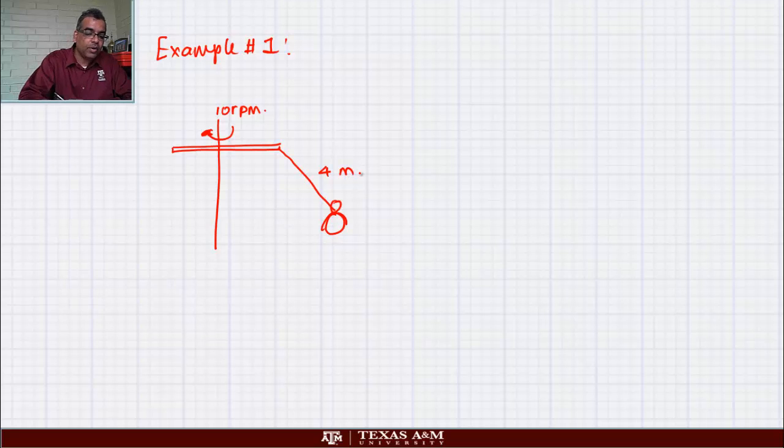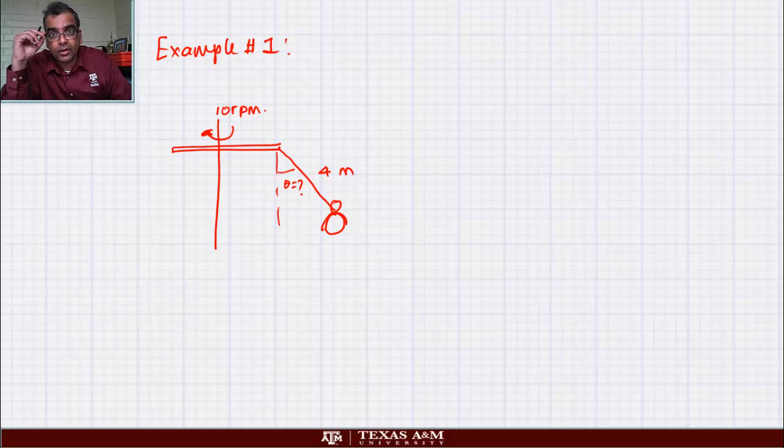The question is, how much will it swing out? What is this angle? Right? So we're going to find this out. So notice it's going at a constant speed, 10 rpm. So first step,